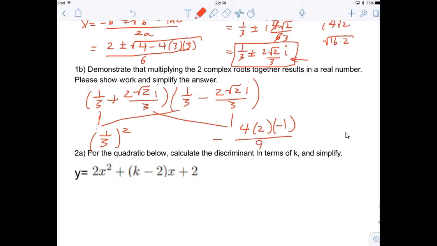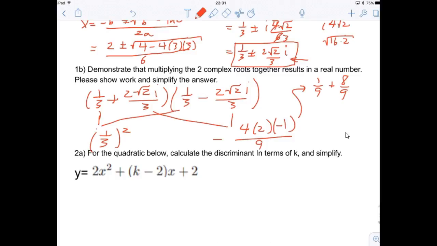And then 1/3 squared is actually going to be equal to 1/9, right? And the second term is going to be equal to -8 minus -8, so it's actually plus 8 divided by 9. Isn't that weird? Look at that. Even though we multiply together two complex numbers, the resulting answer is a real number because the i's end up